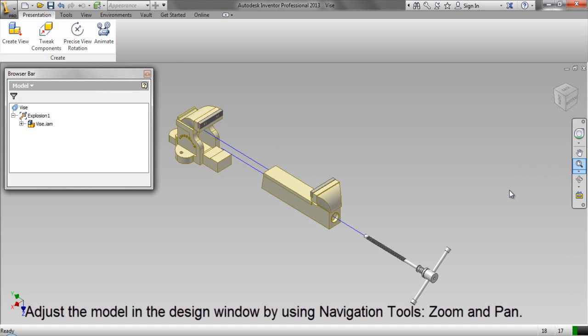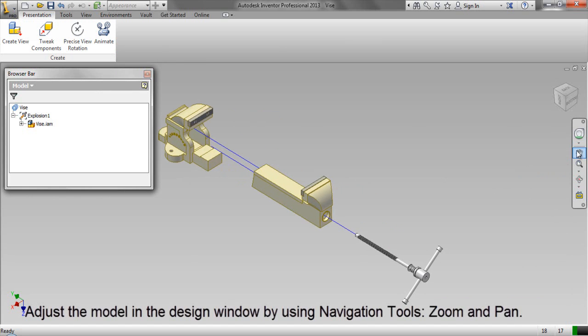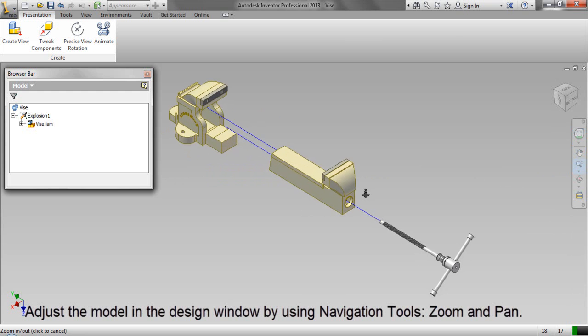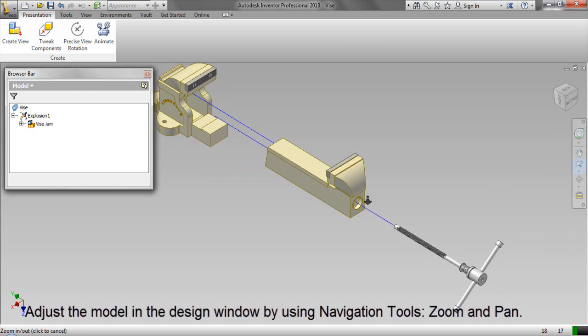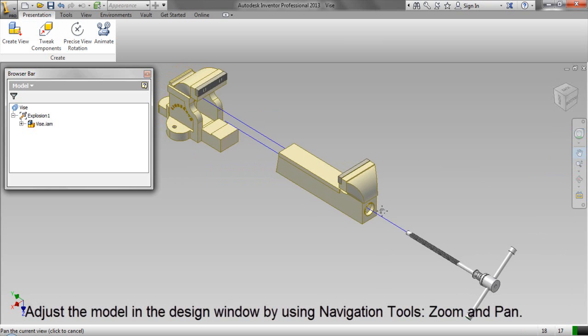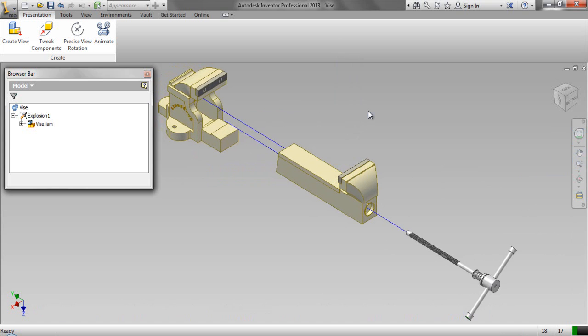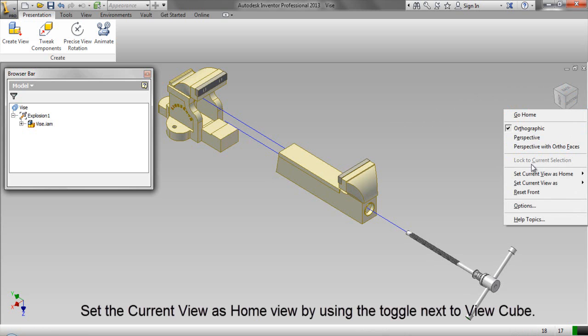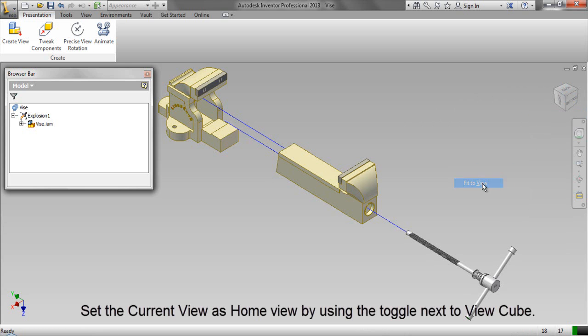Adjust the model in the design window by using navigation tools Zoom and Pan. Set the current view as home view by using the toggle next to View Cube.